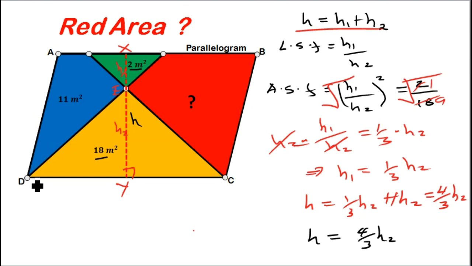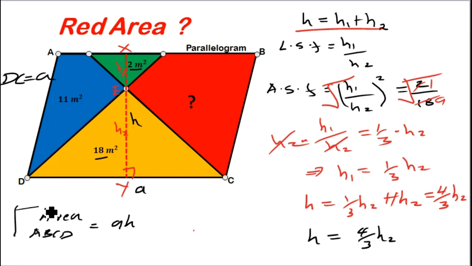Now if you let the base of this parallelogram from D to C be A, so if you let that length DC equal A, then the area of the parallelogram ABCD is base times height, because the height of the parallelogram is H. This is the area of the parallelogram ABCD. So how do we determine this area? We will start with this smaller triangle, this smaller orange triangle